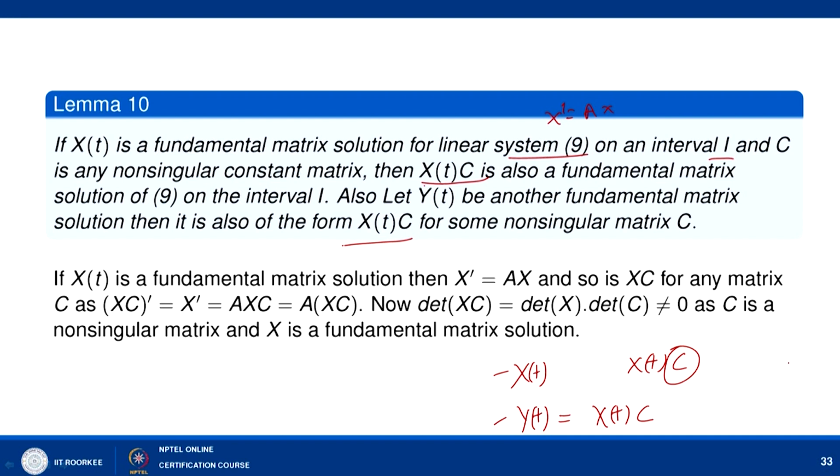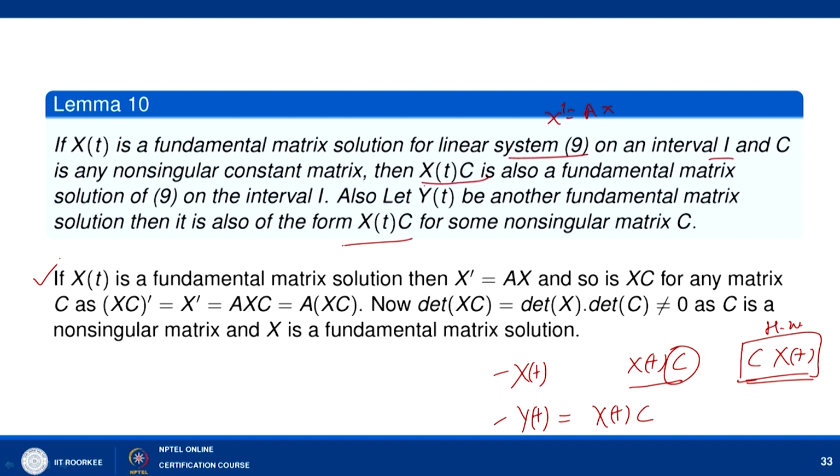Now, here please observe, we are writing X(t) into C, we are not writing C into X(t). You may observe that this may not give you the fundamental matrix solution. So, this I am leaving as homework for you. Now we will focus on this: if X(t) is a fundamental matrix solution, let us try to prove this